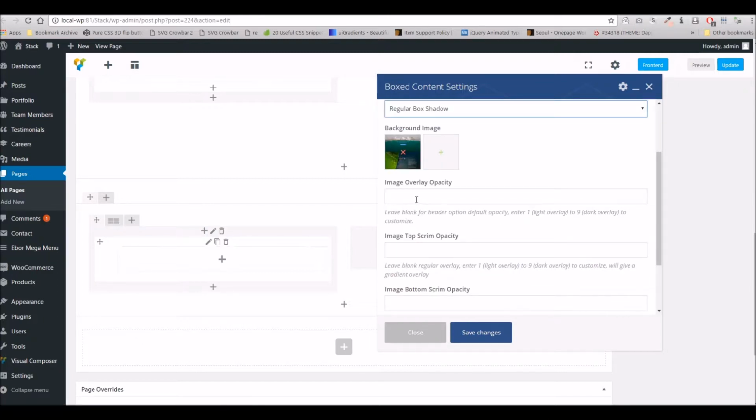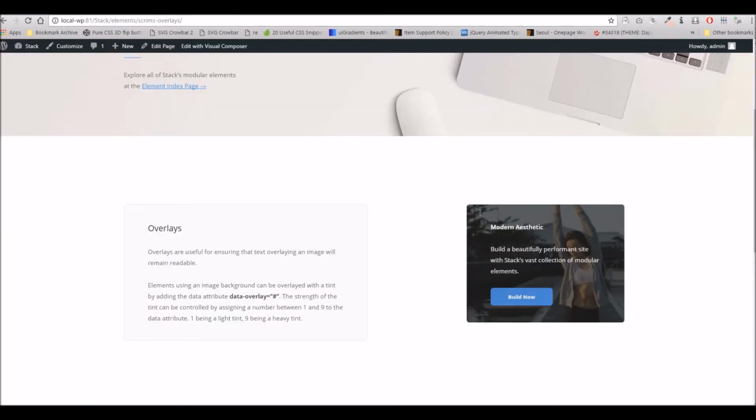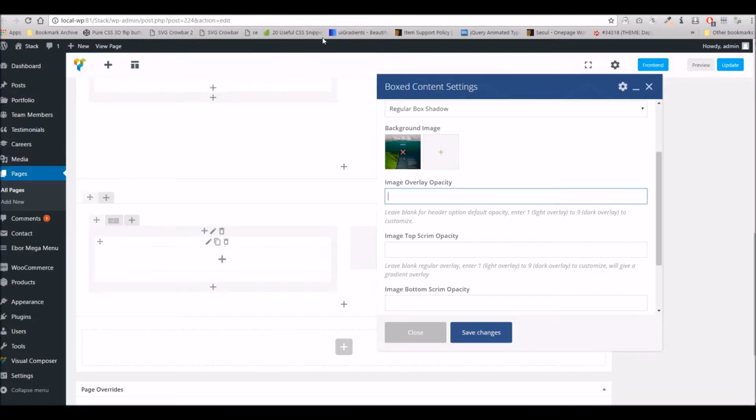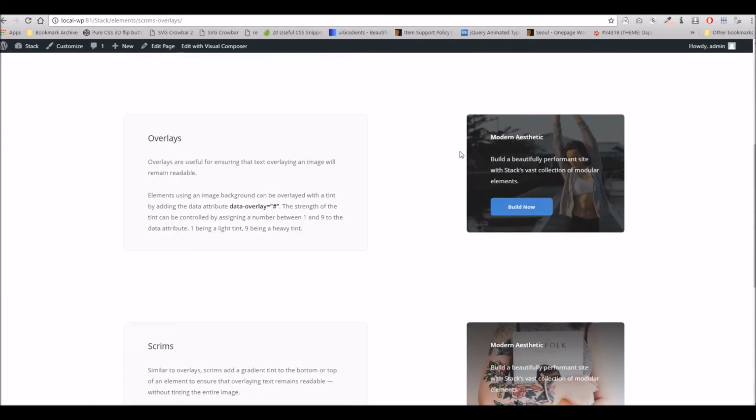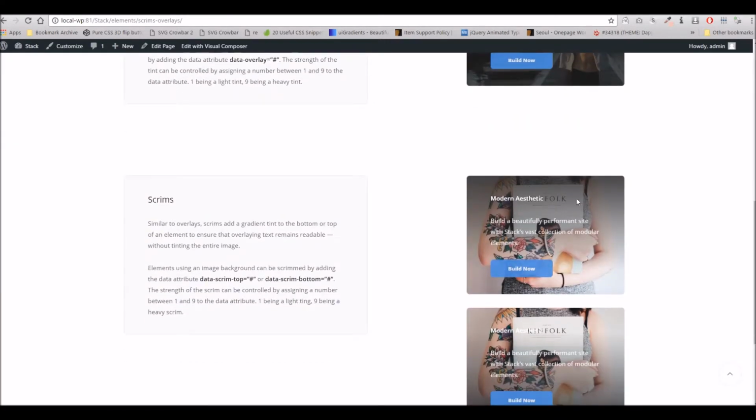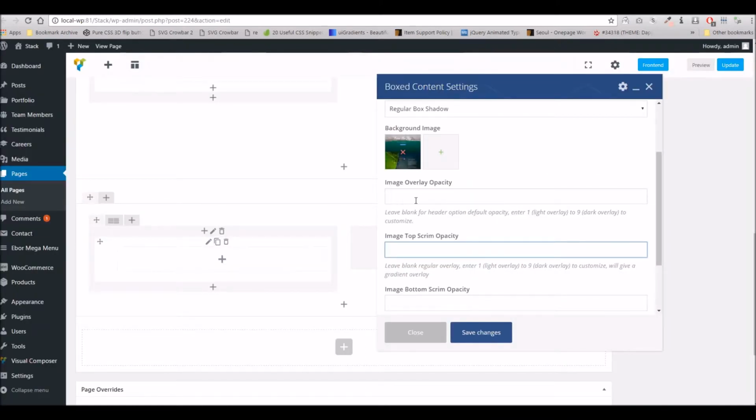Now here things get a little bit interesting. Now you can set the image to have an overlay. So if you look back at the example, you can see here you've got an image with like a dark layer above it. Or you can set it to have what's called a scrim, which is where you can apply colour to the top or bottom of an image only. So the way this works, I'll set up an example where we'll just use an overlay,